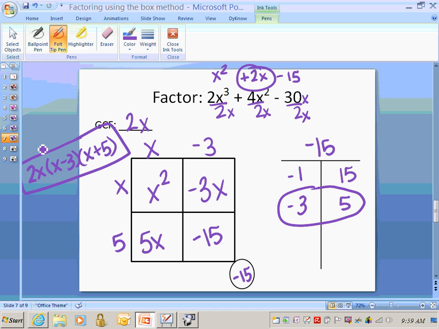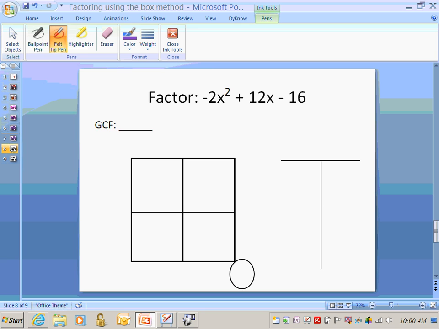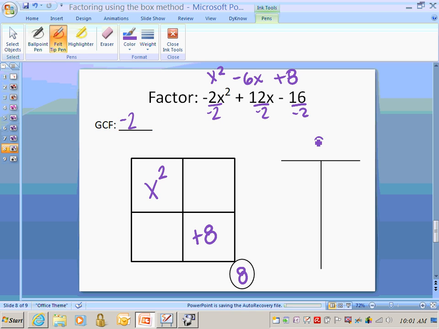Okay, let's do one more. Last one. Okay? Work this one out. All right, what's our GCF? Negative 2, good. So left over I had plus 8, good. So if I had x squared, positive 8, okay, so factors of 8 were,